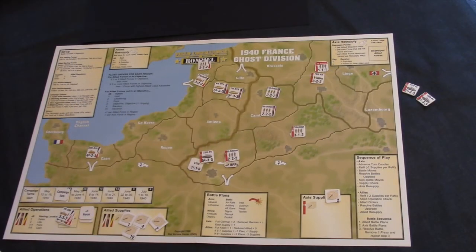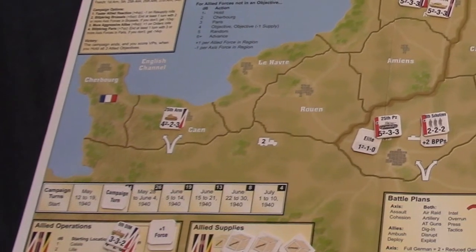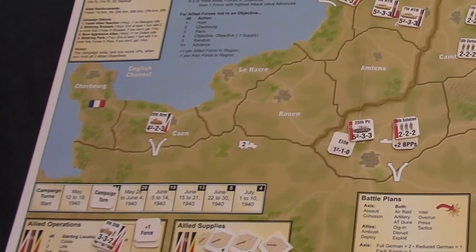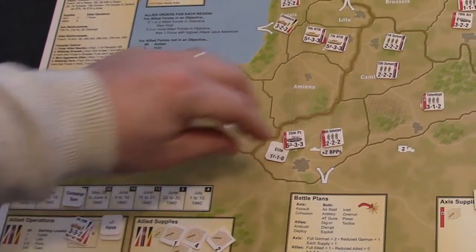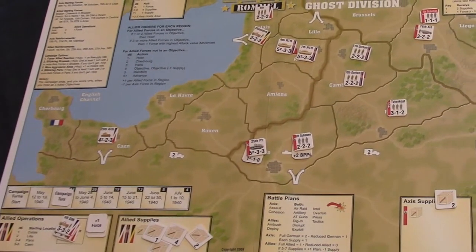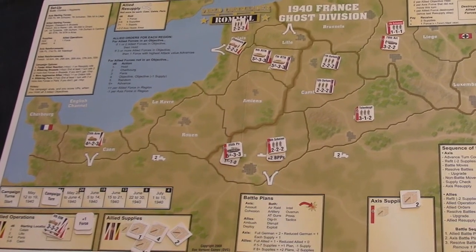So that concludes turn number 2 of Field Commander Rommel. As always, I'm glad to take suggestions, particularly now that this 25th Armored unit has appeared here in Caen. The plan is probably less certain. Let me know what you think,